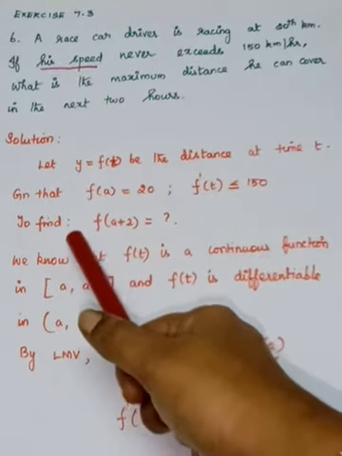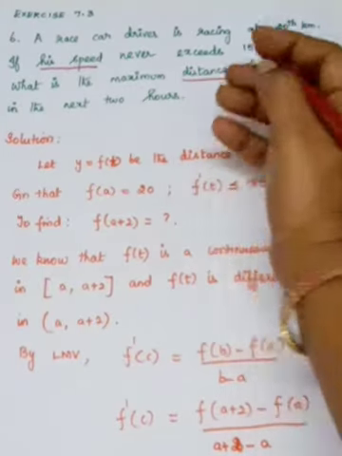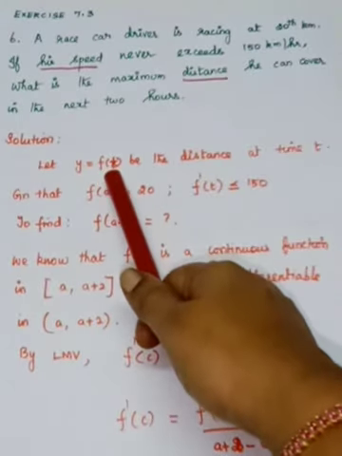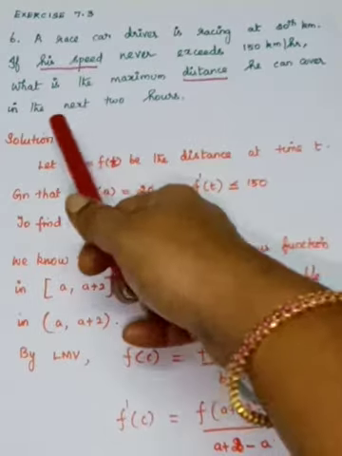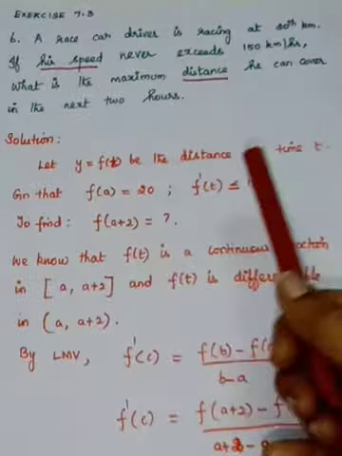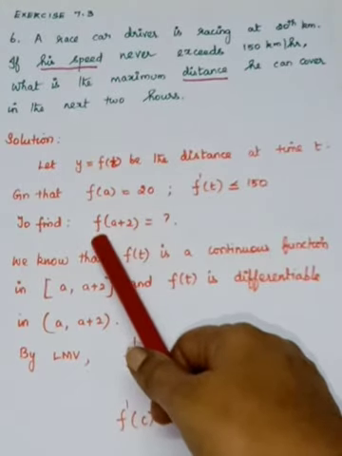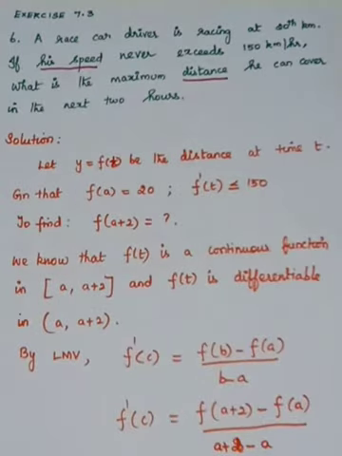So what we have to find is the maximum distance. Distance is asked. Distance is nothing but f of t. So he can cover in the next 2 hours. Starting at a, the next 2 hours means I have taken a plus 2. So distance is asked, so we have to find f of a plus 2. Okay, so we know that the distance function is continuous